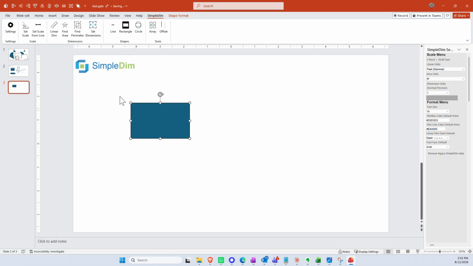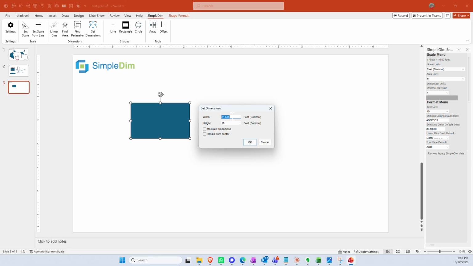So you select the shape, you navigate to the SimpleDim menu option, click Set Dimensions, and you get a dialog that gives you a couple options. You see the width and the height. Those are the current width and height in the current slide units. And then you can change those numbers. So you could say something, I want the width to be 45 feet and I want the height to be